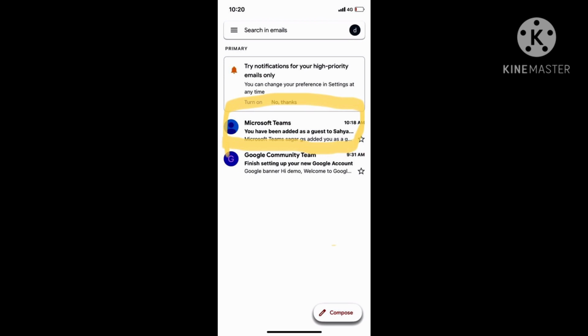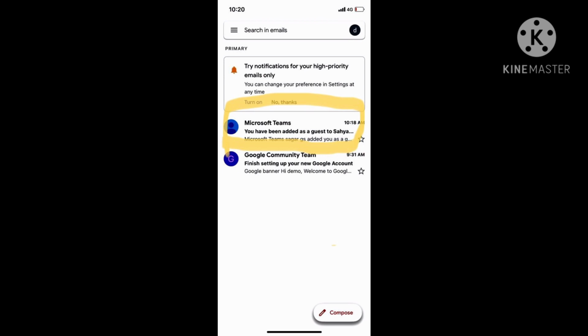Okay, so by making use of Microsoft Teams, you will be creating an account for every student. Each and every student whose email ID has been added will be getting a mail with the name as mentioned in the pic. I have marked the mail. You will be getting a mail that is Microsoft Teams.